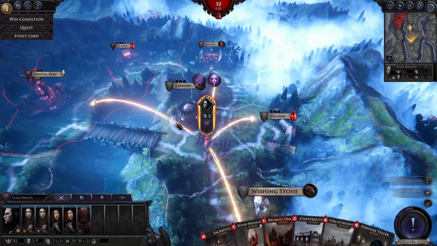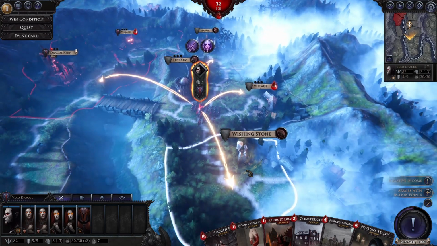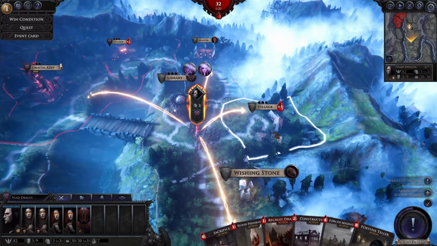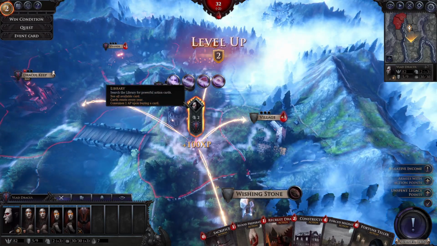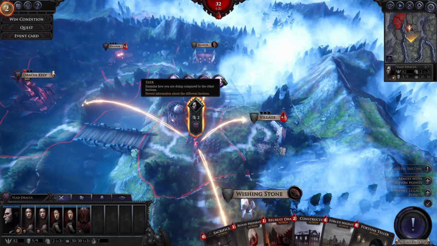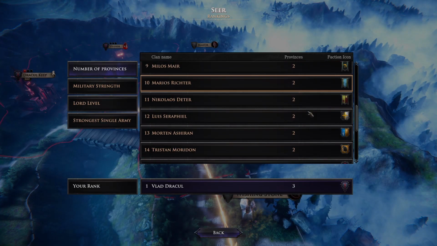So we want to, I don't remember what the library does. I think you buy cards here. So let's go ahead and do it. I'm not seeing any super high rush of grabbing this village. So let's grab this library. And then we can see or examine how you are doing compared to other factions. So most people have